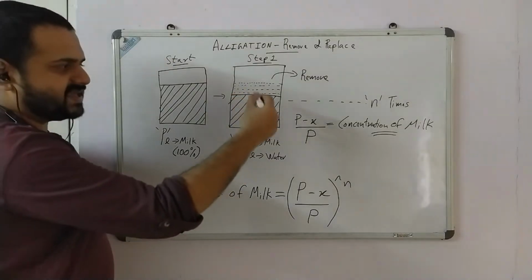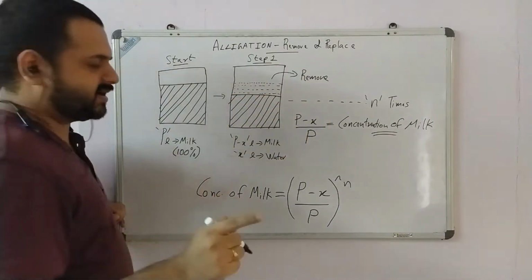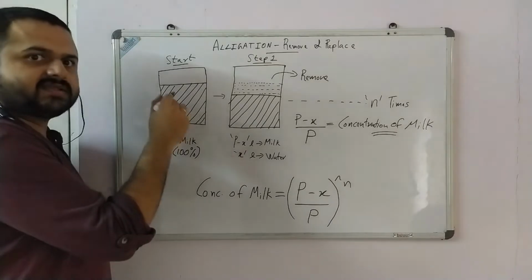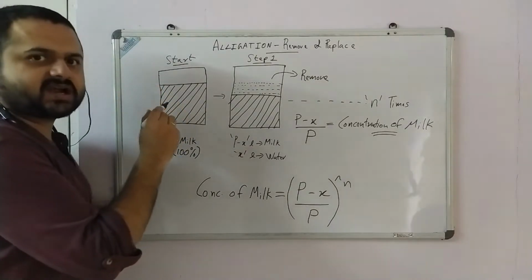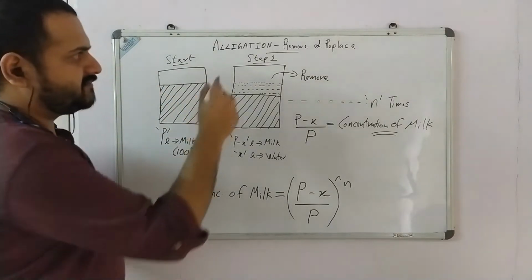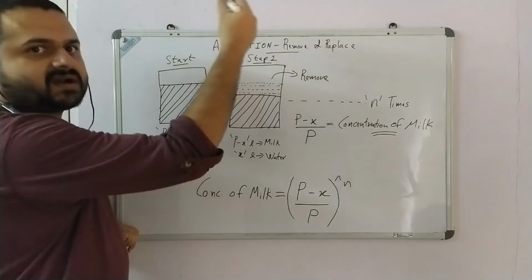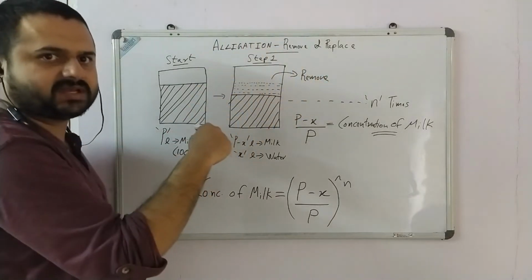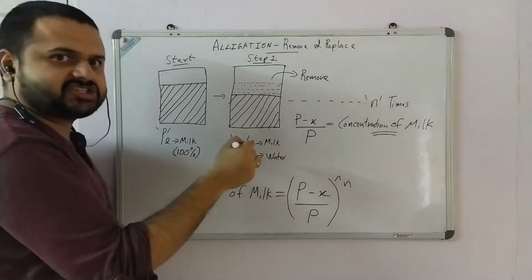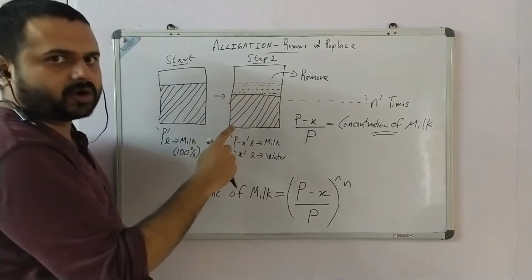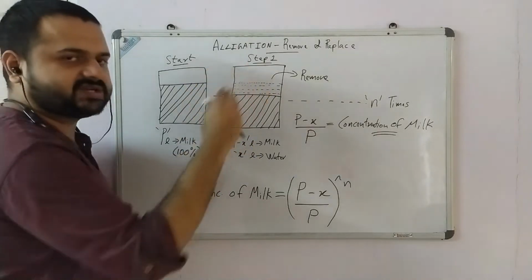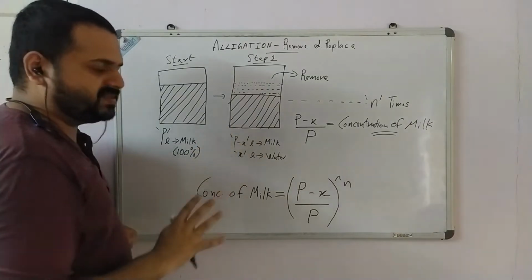Now, why did I say mixture? I hope you noticed that, right? Because at the start, this is a pure solution containing only milk. But from step 1, after we have removed some milk and replaced it with water, it becomes a mixture containing milk and water. Correct? So hence I use the term mixture. So hope this is clear.